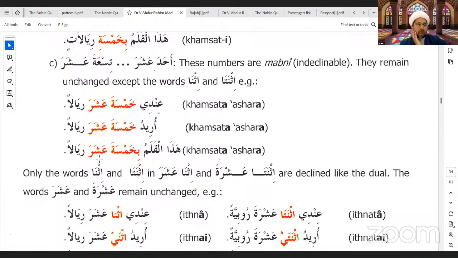Yeah, $15. Now, let me explain this. When it says that from Ahada Ashar to Tis'ata Ashar, 11 to 19, these numbers are mabni. Now, what this means is that these words, as you know, mabni, I've explained this before, means indeclinable nouns which are solid. Now, the next question is, okay, they are solid, they're indeclinable. What is the harakat they come with? That's the next question. If they're indeclinable, the harakat does not change. So what is their, as you could say, preset harakat? What is their preset harakat?